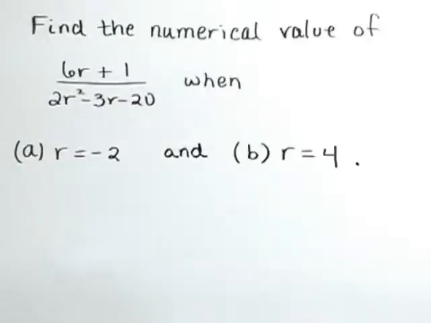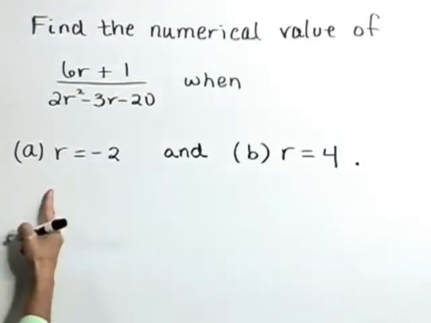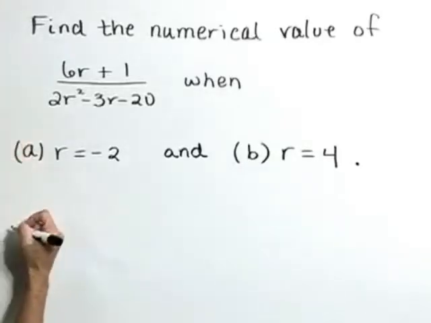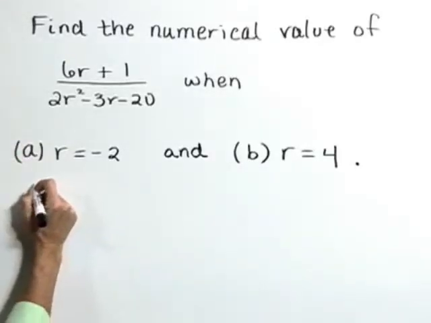Find the numerical value of (6r + 1)/(2r² − 3r − 20) when, in part A, r is equal to −2, and in part B, when r is equal to 4. Starting with part A, if r is equal to −2, let's substitute that value into the rational expression, giving